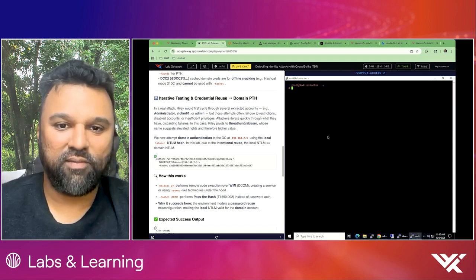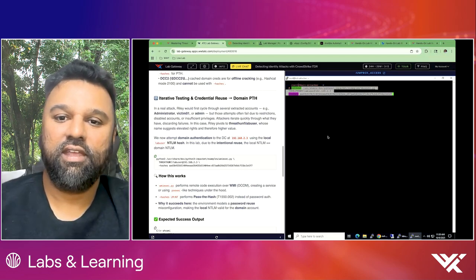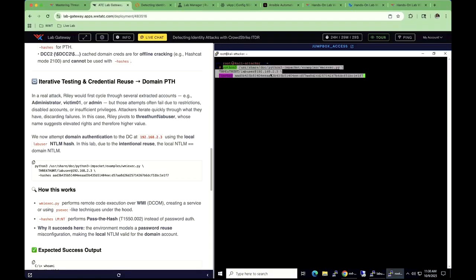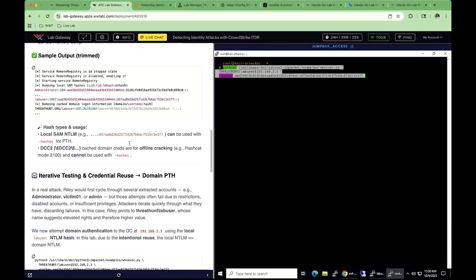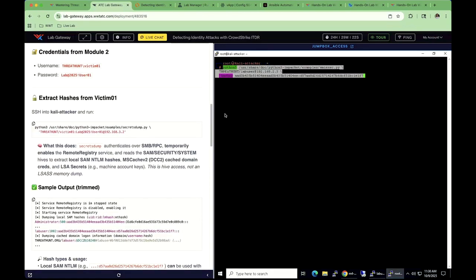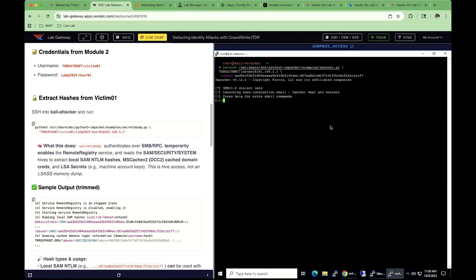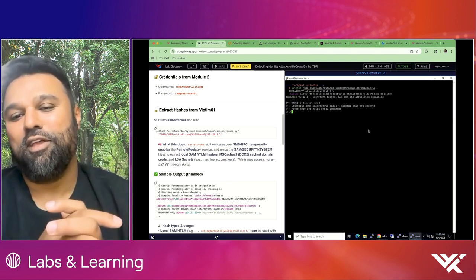So copy the next command. And if you see here, now we are launching our attacks on the Active Directory, no more on the compromised machine, right? So you can see the IP address change, 192.168.2.3. So we are trying to use WMI-exec and reuse one of the compromised credentials from the host and see if we are going to get lucky with respect to the Active Directory login, right? So this is going in, and boom, you can see that we were able to get